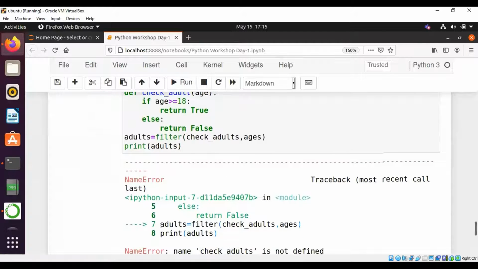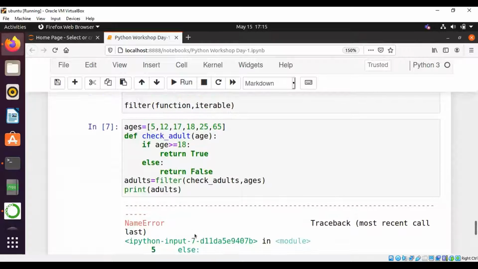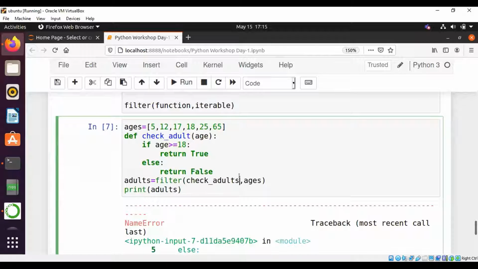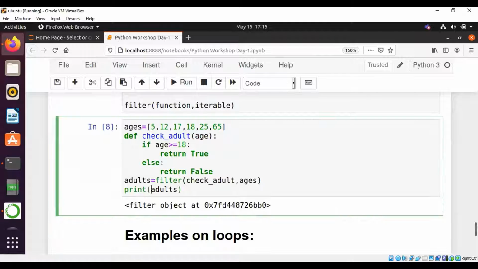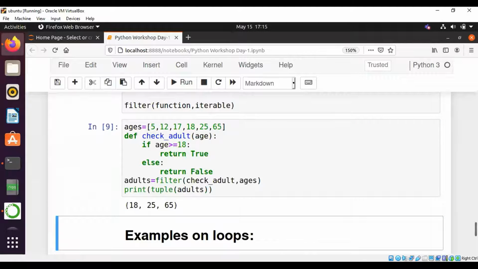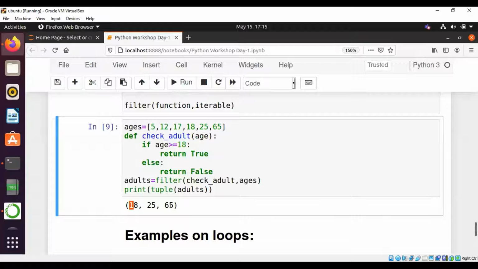Sorry, it's returning an object, so we should change it to a list or a tuple. Already we have seen list, so we will change it to tuple. See, 18, 24, 25, 65 are the adults in the given list of ages.